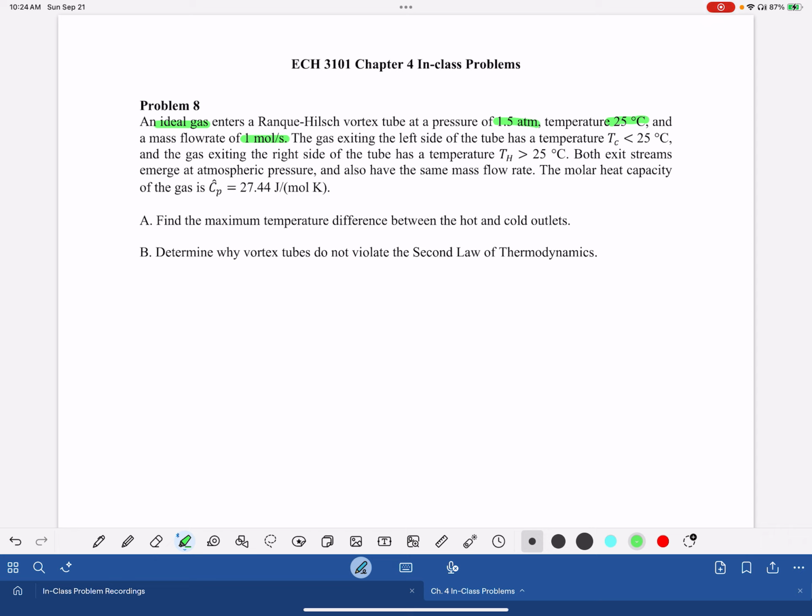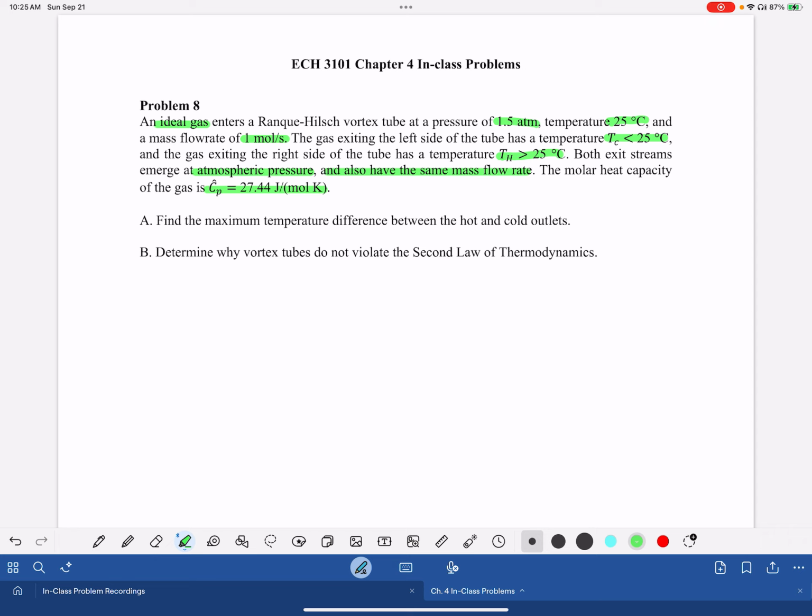We're told that this inlet stream is going to go through the vortex tube, and it's going to be split into two streams, where the stream at the left side comes out at a cold temperature, Tc, that's less than the inlet temperature, and the stream on the right side is going to come out at a hot temperature, Th, that's greater than the inlet temperature. Both streams are going to emerge at atmospheric pressure, and for this problem specifically, they're going to have the same mass flow rate. We're also told that the molar heat capacity at constant pressure, Cp, is equal to 27.44